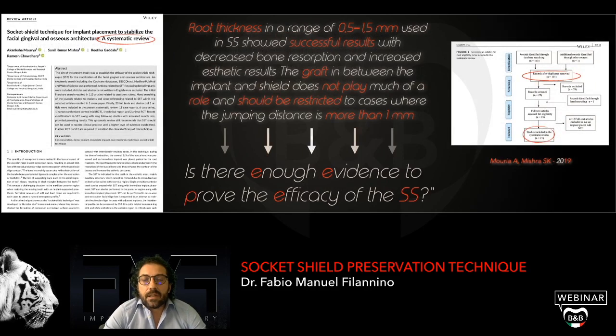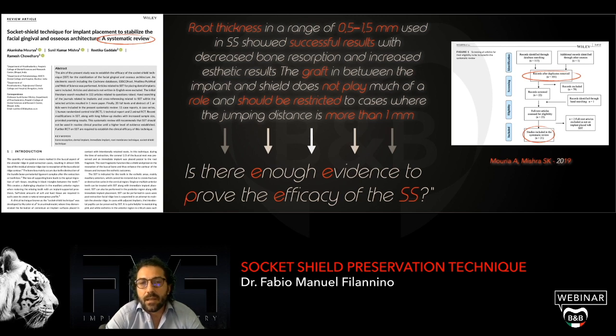This article is the one that I want to show you because it is maybe the one that is not talking very well about the socket shield. I mean, they are actually asking if there is enough evidence to prove the efficacy of the socket shield. And actually, what they did, they took all the literature about the socket shield and they excluded many articles because of complications that we'll see later, and even for a small complication they excluded the article from the systematic review. So actually they kept only